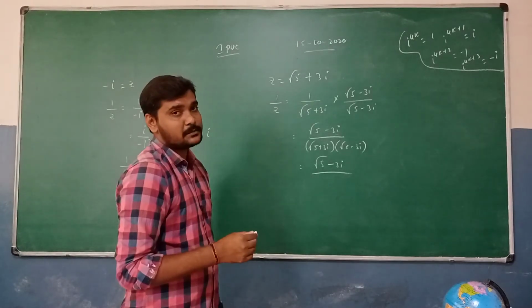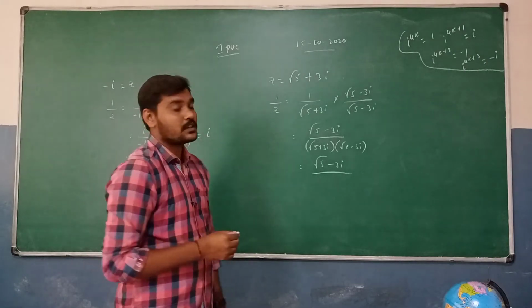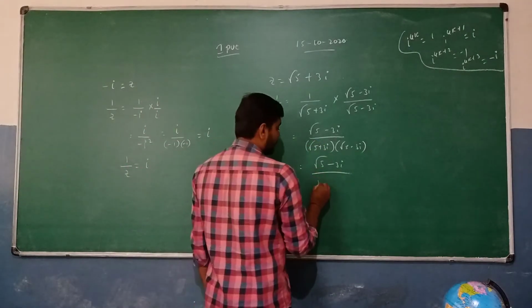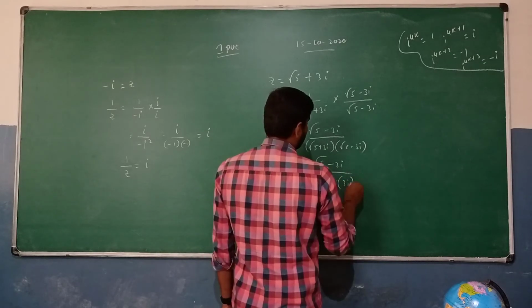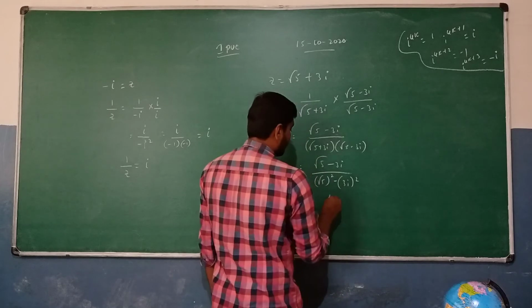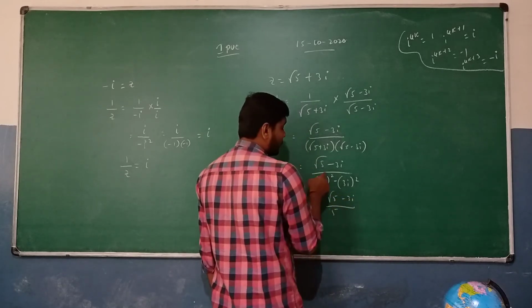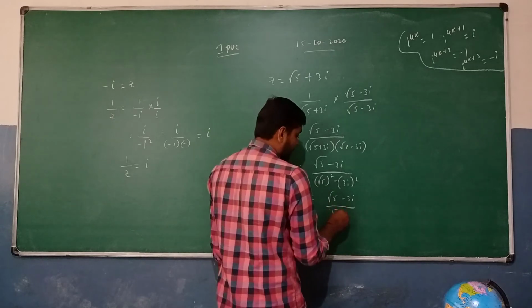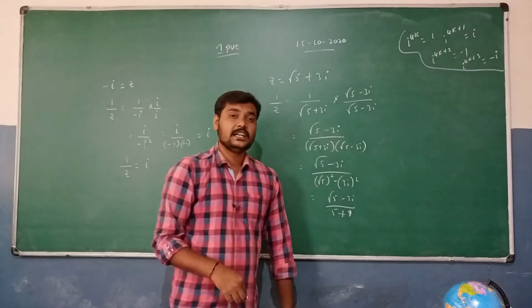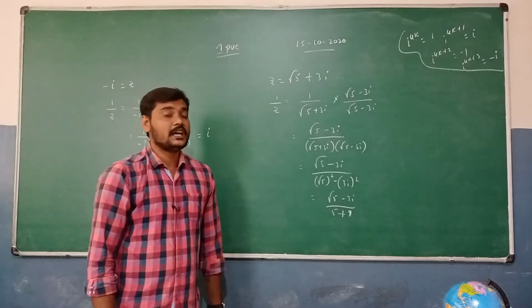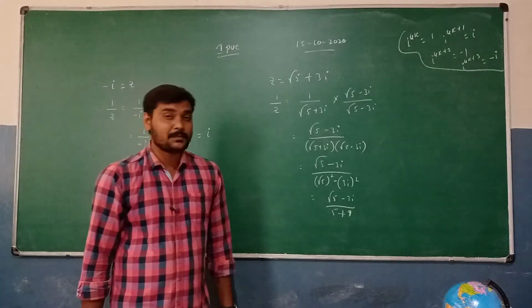So a square minus b square can also be written as a plus b into a minus b. That's going to be equal to root 5 square minus 3i square. Root 5 whole square is nothing but 5, plus 9, because 3 square is going to be 9 and i square is going to be minus 1, so minus 1 into minus 9, that's going to be plus 9.